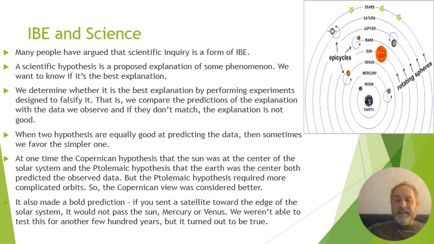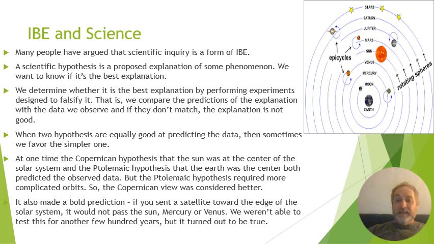What they did is they added little orbits within orbits, which you can see in the photo there, right? So they sacrificed some simplicity, right? But in order to predict all of the data, predict all the observations. But it got more and more complicated the better they got at observing, with better telescopes and stuff. They had to have epicycles within epicycles and stuff like that. And